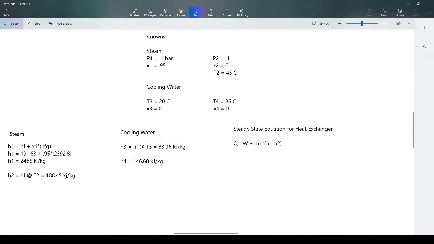So, what goes away? Well, I'm glad you asked. I don't think you did, but this goes away, right? Work of the control volume goes away. We're not spinning any shafts or anything, right? So what this is left with is the following. We are left with, let me go ahead and write it down here, Q is then equal to,